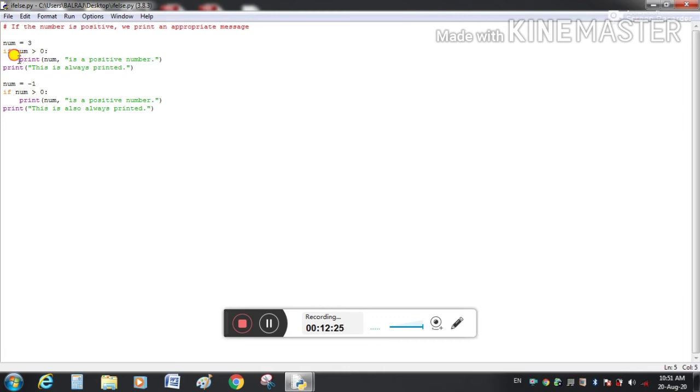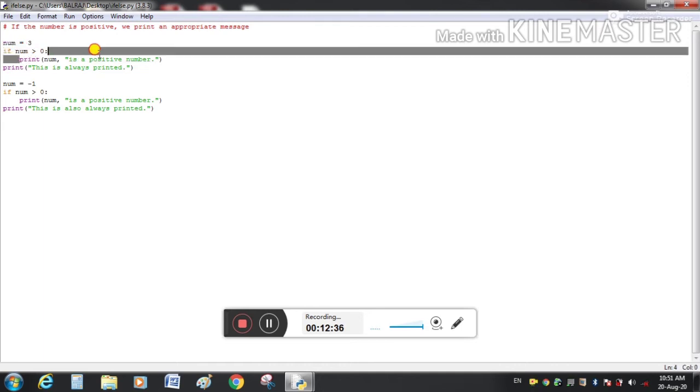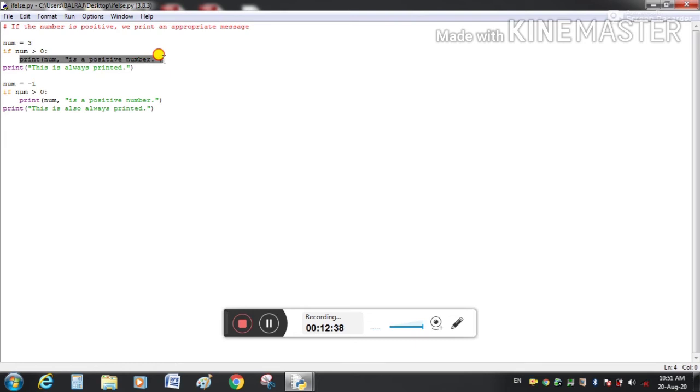So if the condition is true, this statement will execute, and if the condition is false, this block will not execute, and we come to the next statement which is outside the if block. So this is our print statement.